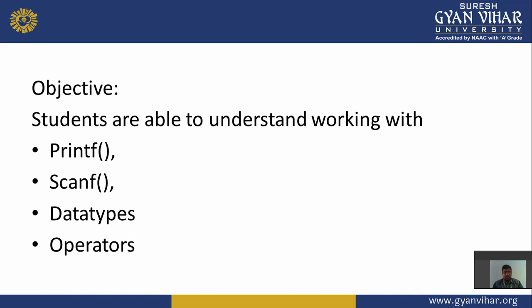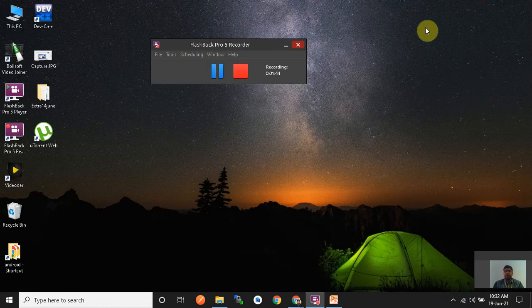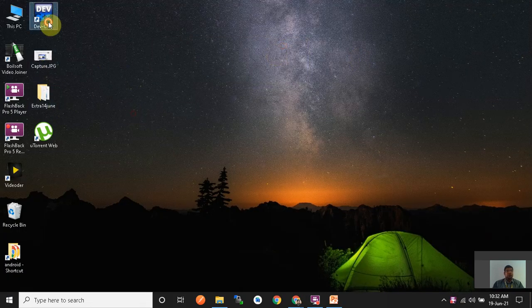Okay, now we open the IDE of C. It works with C programming and also with C++ programming.